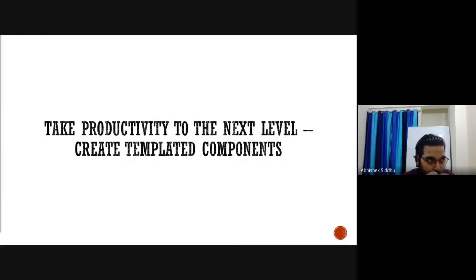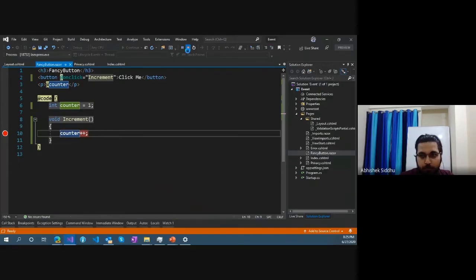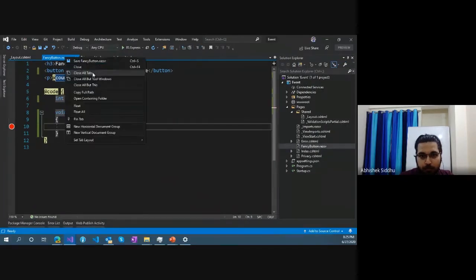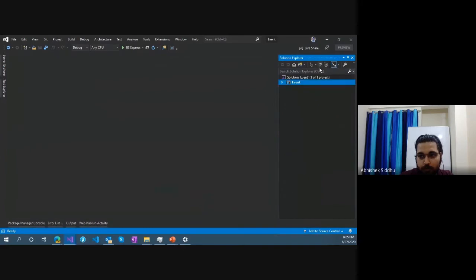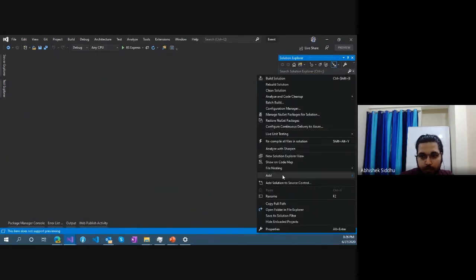For example, a data grid. A data grid can have a different number of columns based on different entities. So coming back to the same project, let's close all this